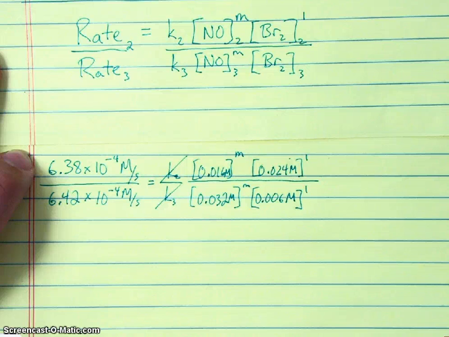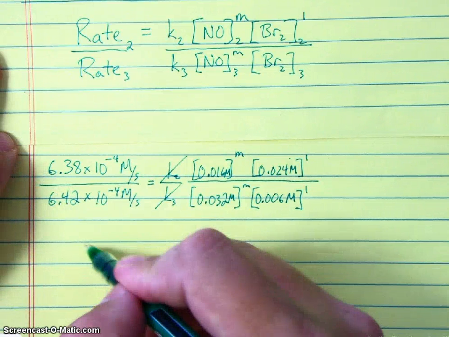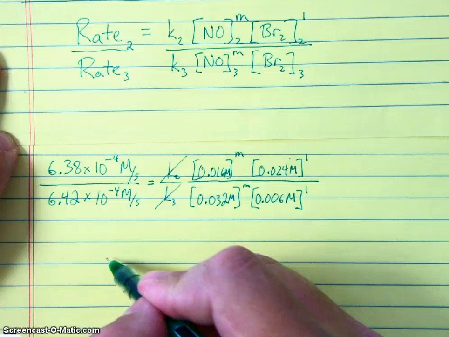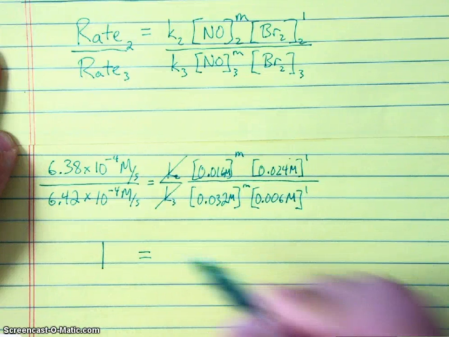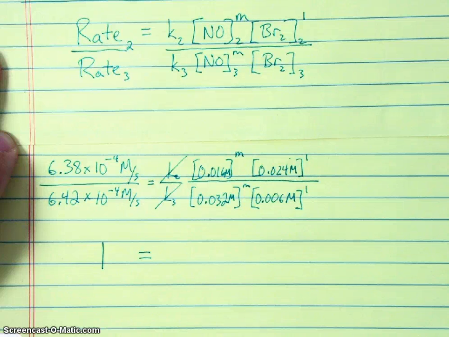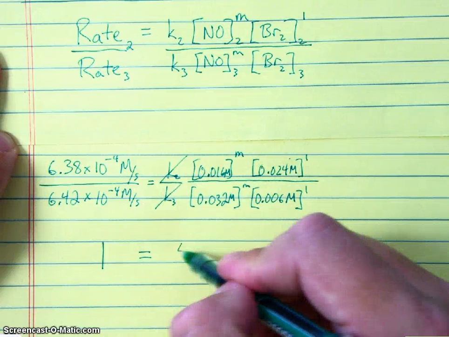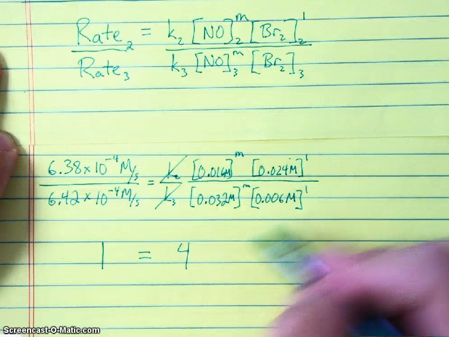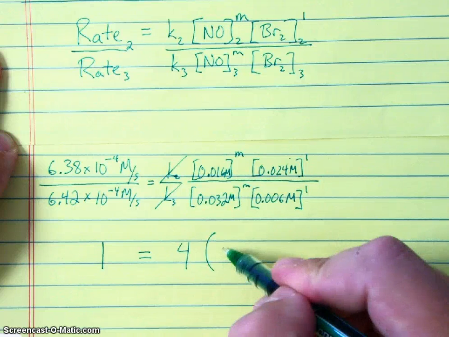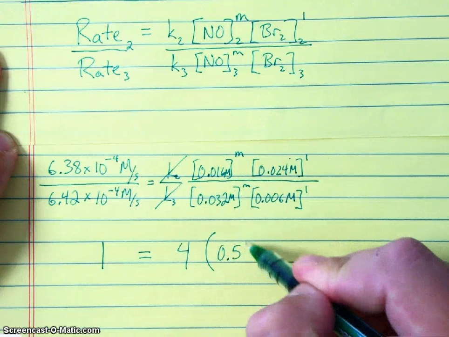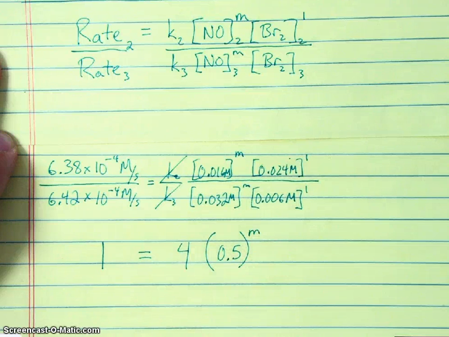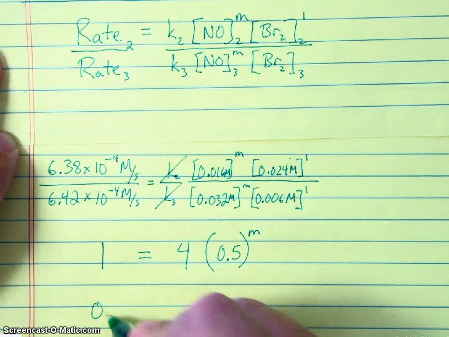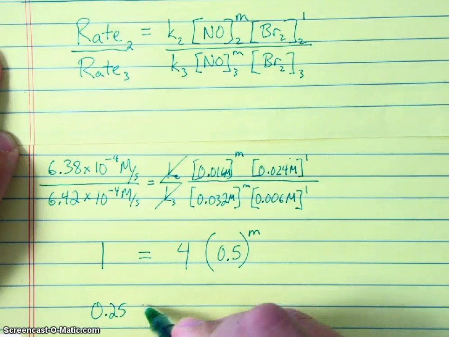Okay, so we can do some work here now. I'm rewriting this. This number on the left side is approximately 1. On the other side we have 4. The 4 is the bromine part, 0.024 over 0.006. And then we can multiply that by 0.5 to the M power. Rearranging, I'm going to move 4 over to the other side by dividing, and now I get 0.25 because that's 1 over 4 equals